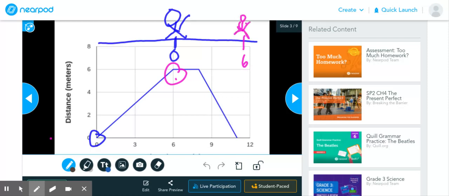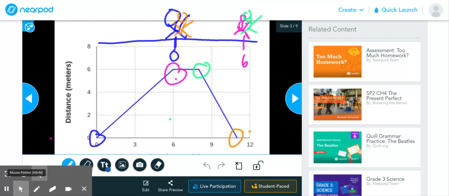Okay, so that's t equals 0. Then they're still at about 8 seconds. They're still there at 6 meters. So I'll just draw them there again. And then at about 11 seconds, they get back to 0. Okay, so the time that they're moving towards,